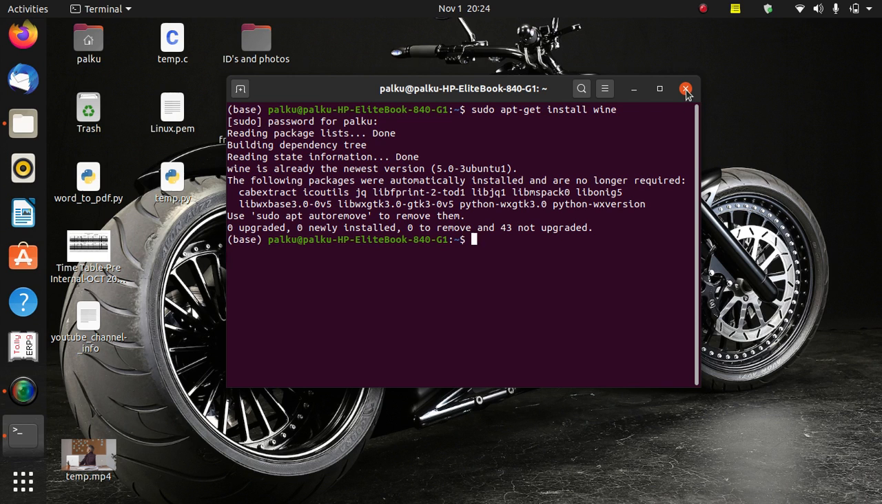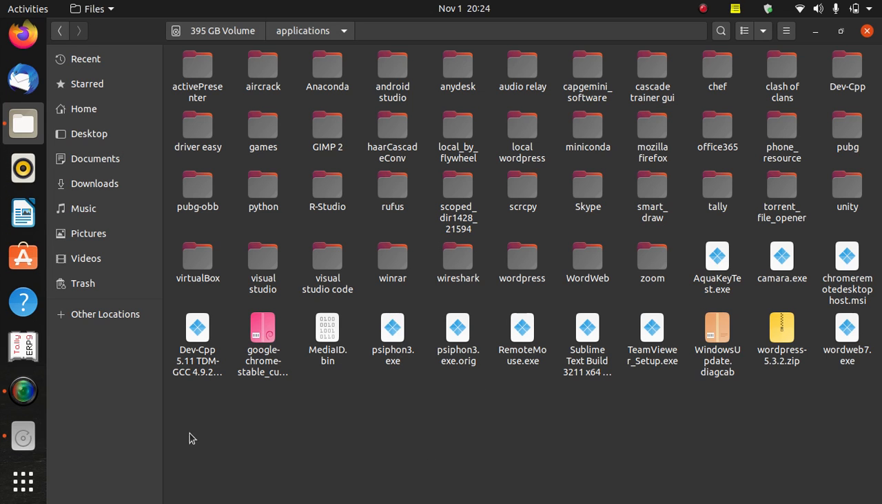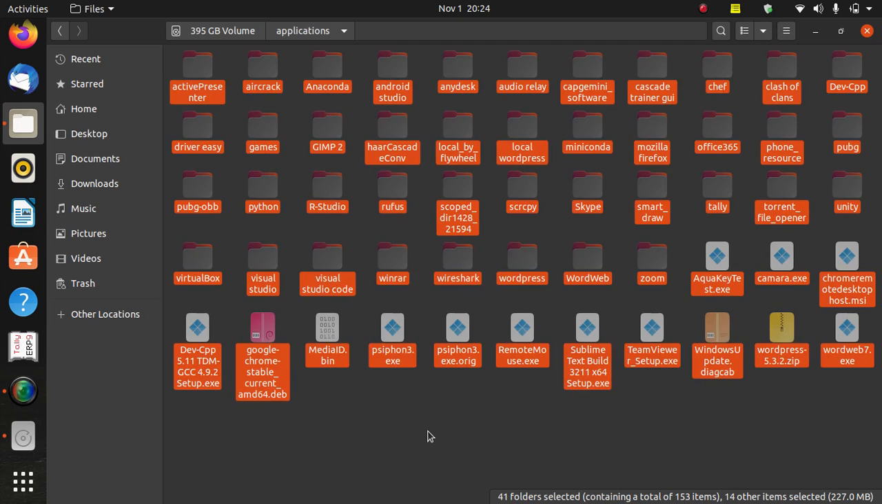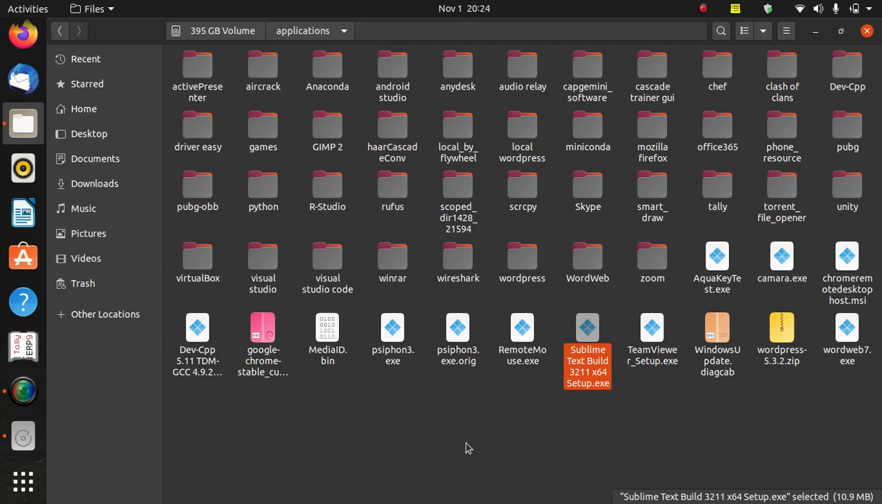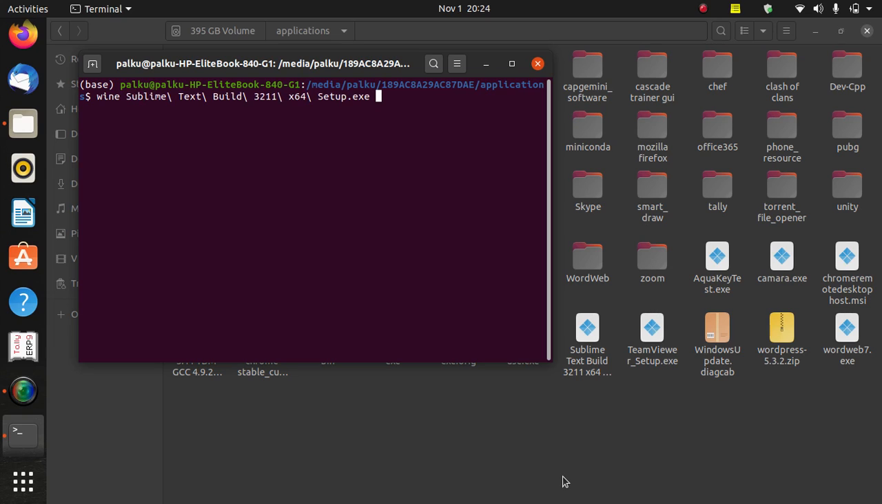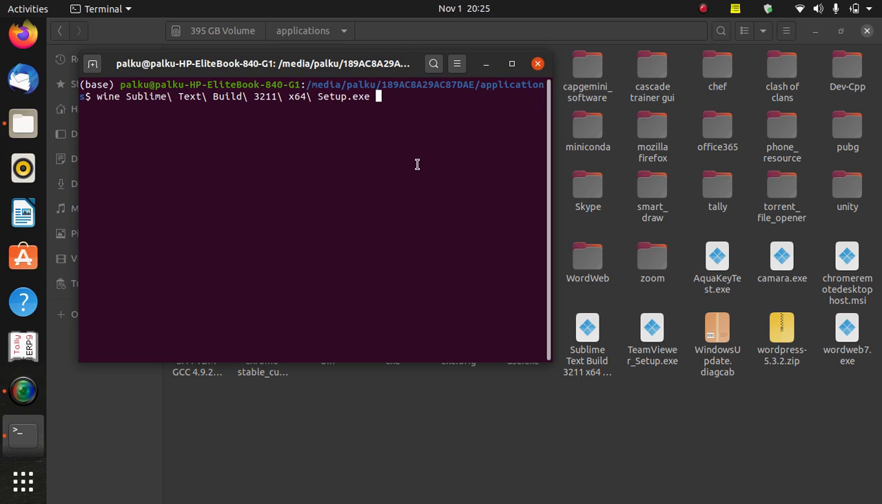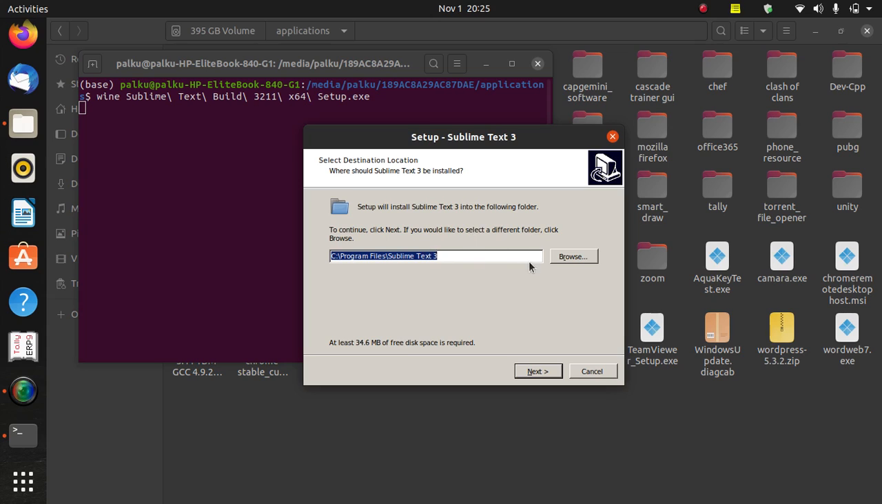So I will use it right now and show you how you can install a Windows application in Ubuntu. Here are all applications, but let's say we will use the Sublime Text installer. Open the terminal here, write the command ls Sublime and press the tab button. It will complete the name with the exe extension. Just press enter, and here you can now install the Sublime text editor in the